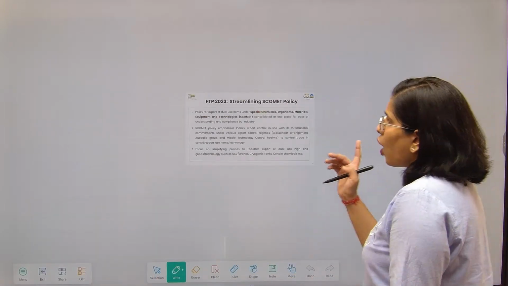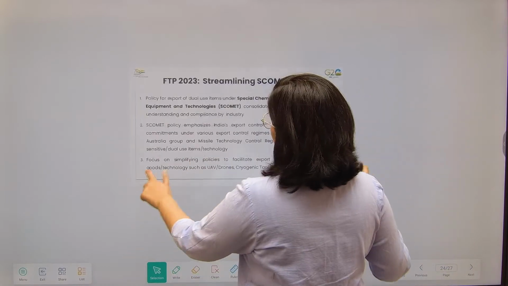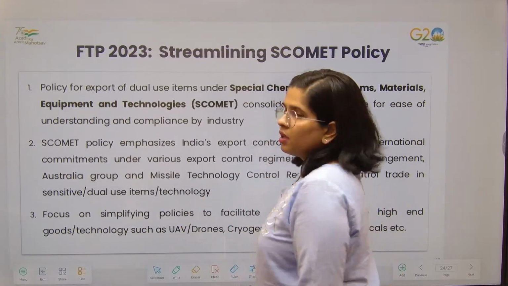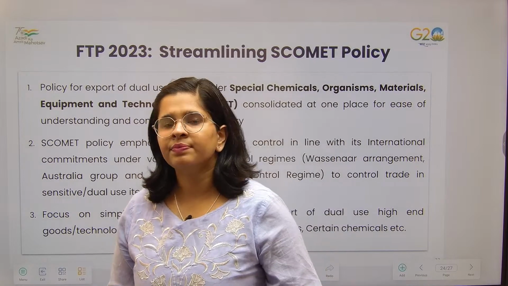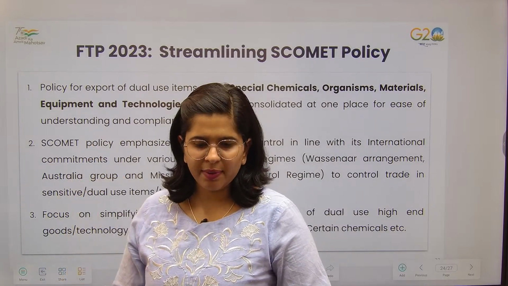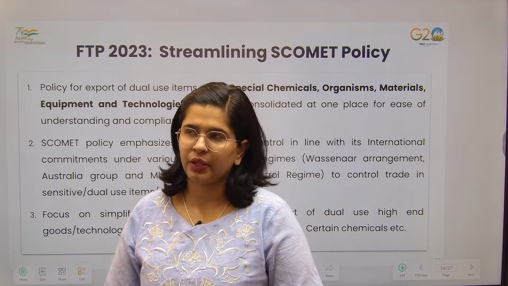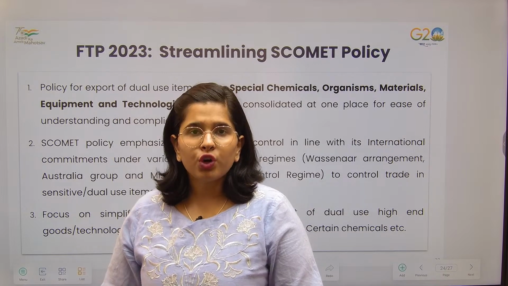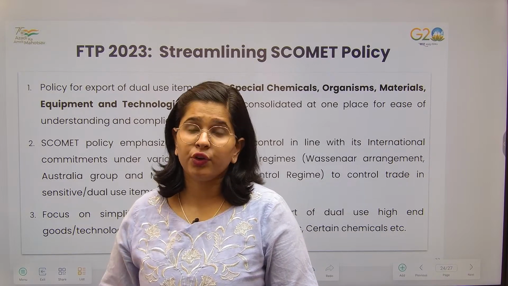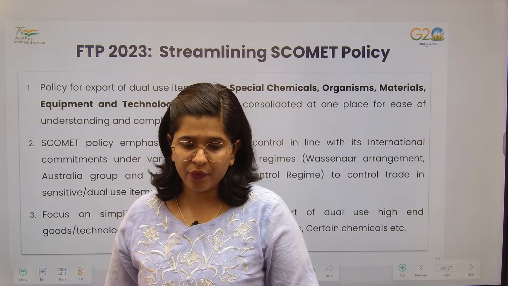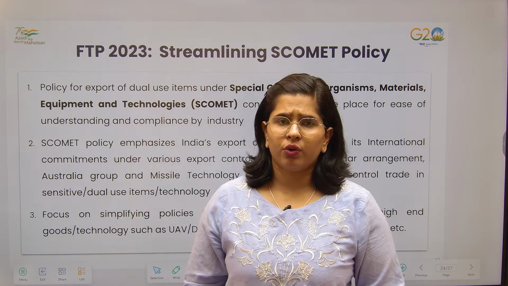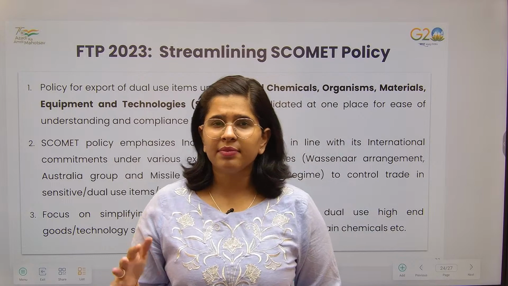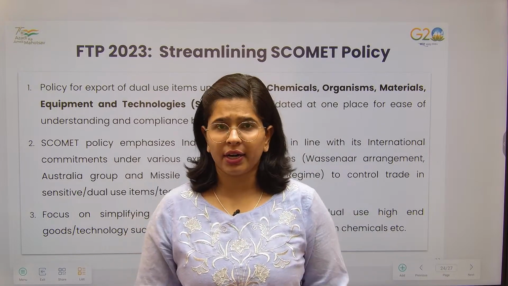Fine. Next is this COMET policy. This is just a little bit interesting. This is not very specific to it, but I'm just sharing an example with you. Uranium is a radioactive element, and we do not want upgraded or processed uranium to be with countries like Iran, North Korea, although they have already developed it, but such countries which have debilitated standards, their standards are not at all good.